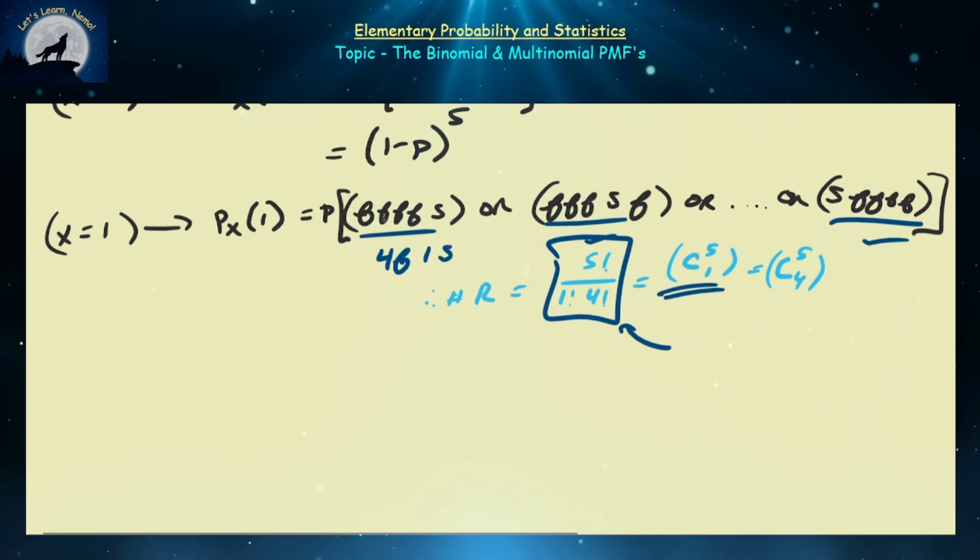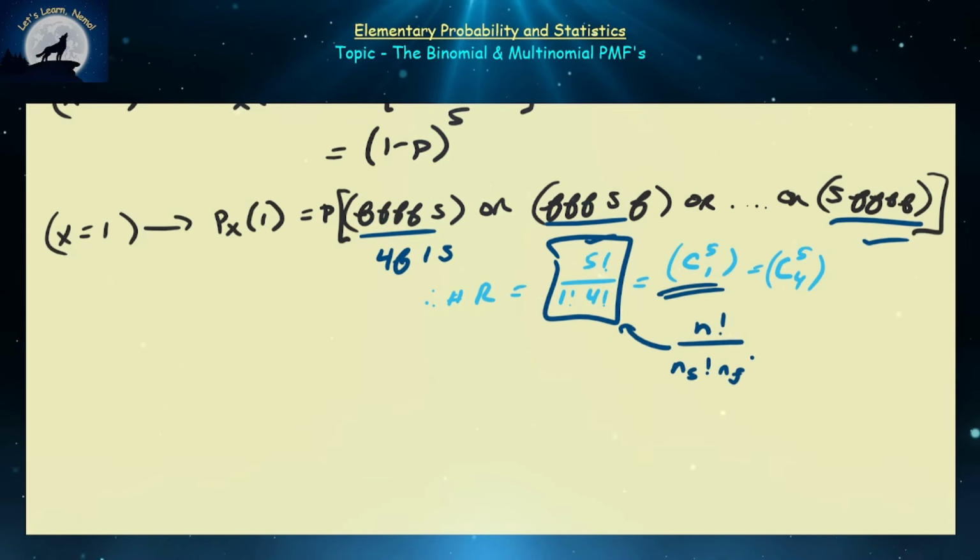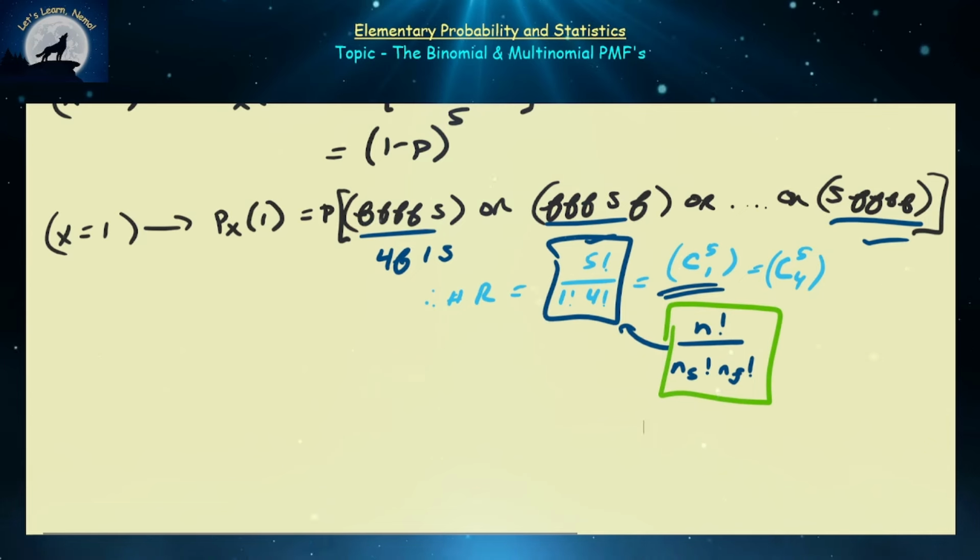Because technically speaking, what we have here, 5 just represents the sample size, or the number of trials, 1 corresponds to the number of successes, and 4 corresponds to the number of failures. And this particular structure is going to be very, very useful once we start to extend the binomial into the multinomial case. So if we represent the probability of success as p, and also keep in mind what p represents,